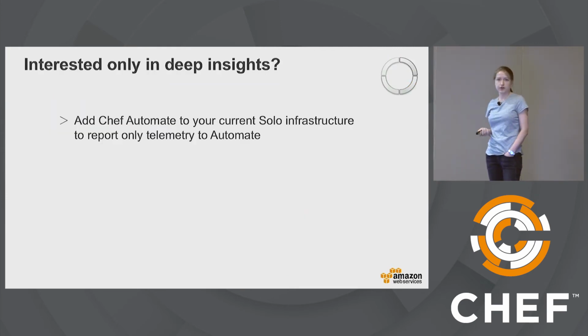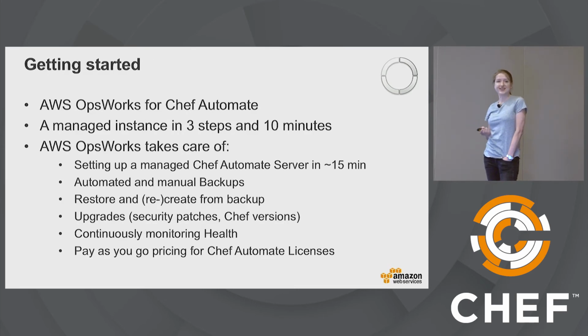So yeah, if you just want to take a look at how it will look if you migrate, you can just add Chef Automate to your current Solo infrastructure and report your Chef Solo runs to the Chef Automate server. I will come back to it in a second, because before we start talking about it, we need to get a Chef Automate server, right? The easiest one would be OpsWorks for Chef Automate. You don't need to set up. You go through 3 steps,